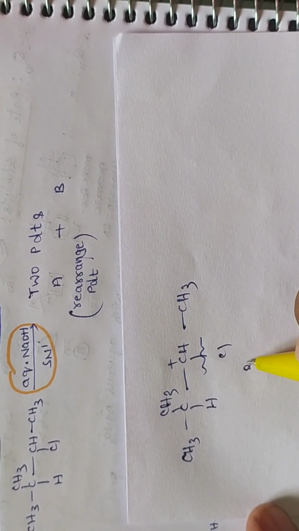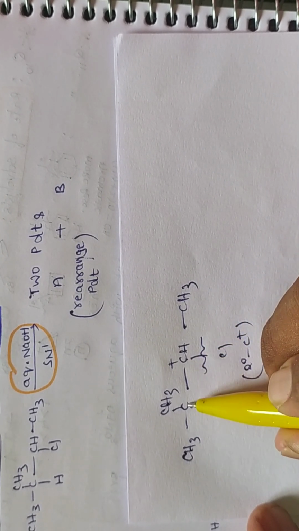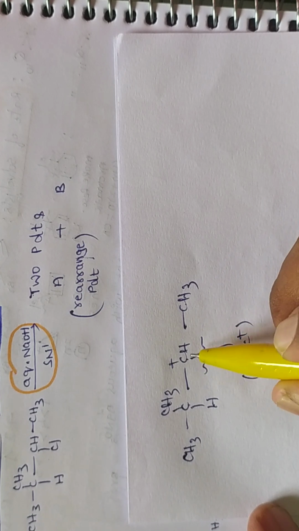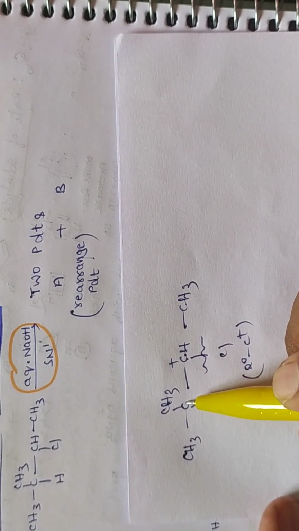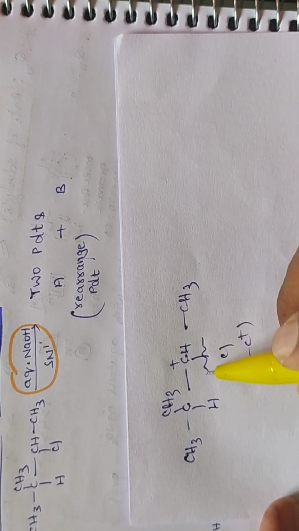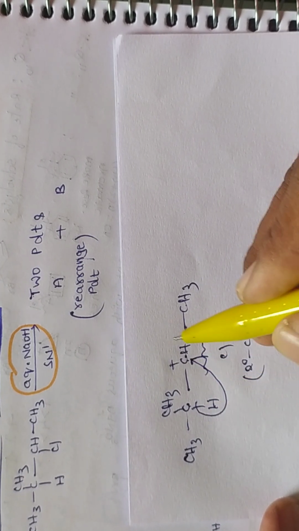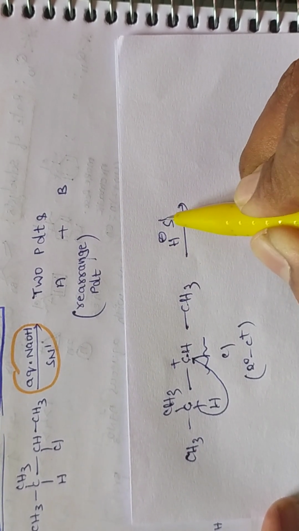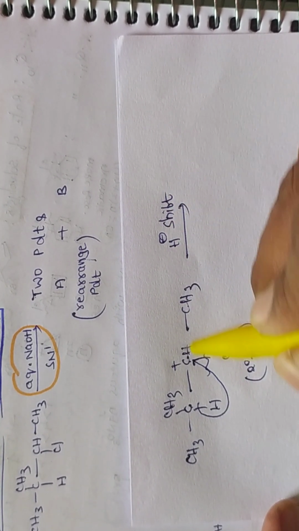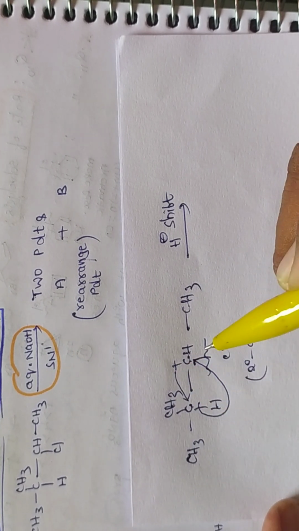Now this is called a 2 degree carbocation. Because this carbon is attached to this carbon and this carbon, therefore it is a 2 degree carbon. Now this 2 degree carbon is connected with a 3 degree carbon. Already we know a 3 degree carbocation is more stable. So therefore what will happen? A hydride shift is going to take place. Whenever the hydrogen is shifting, then the positive charge will shift to this side.